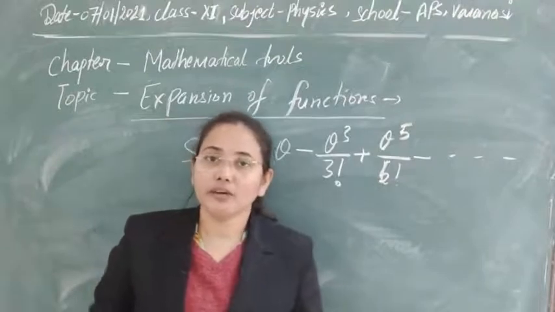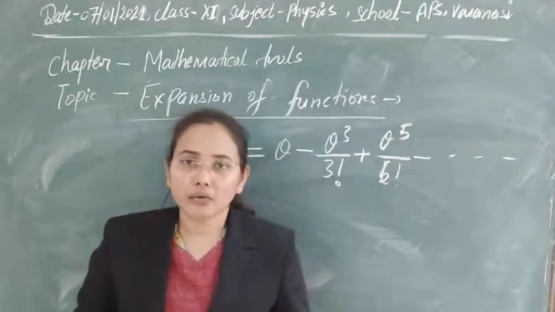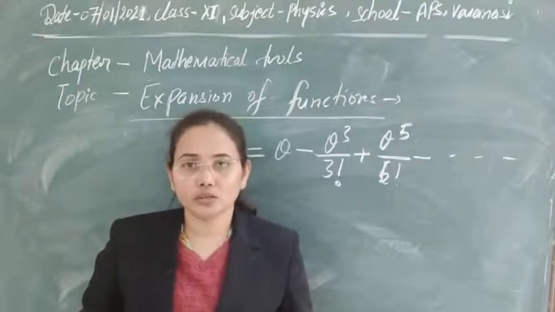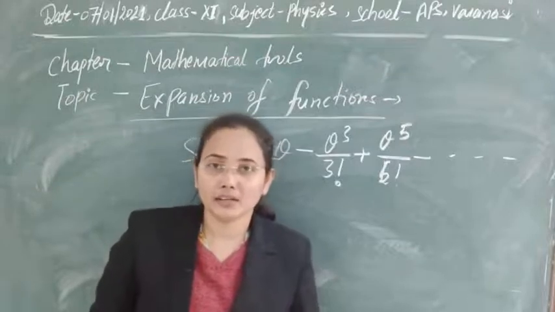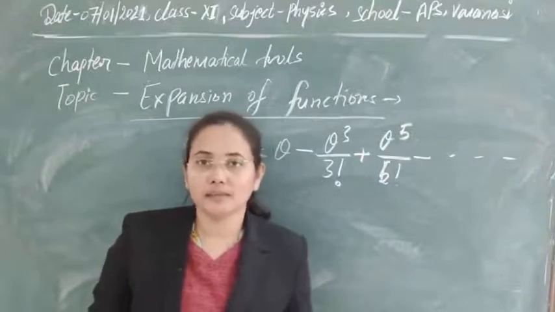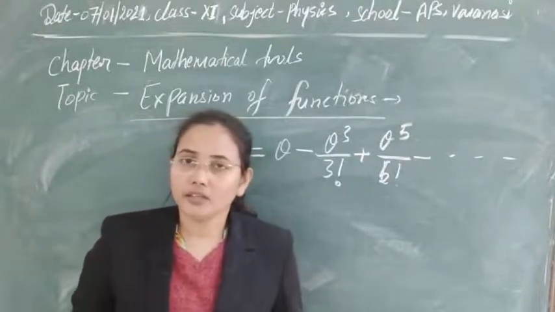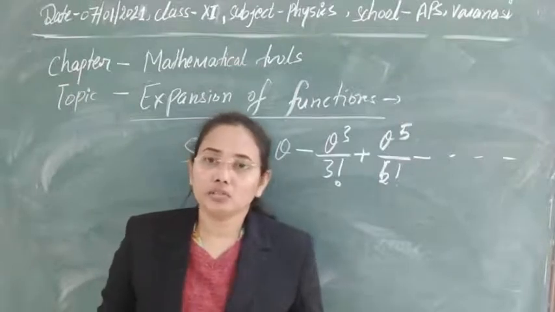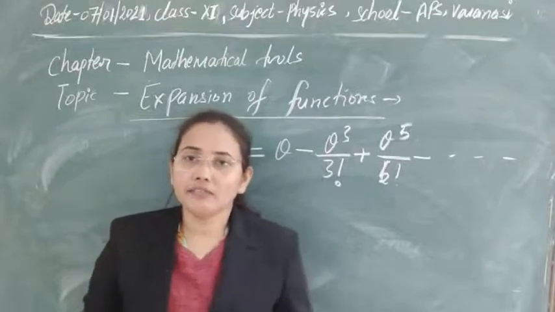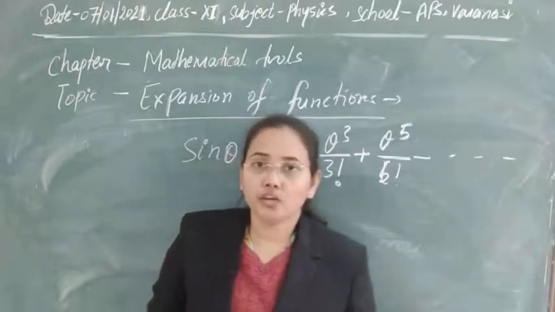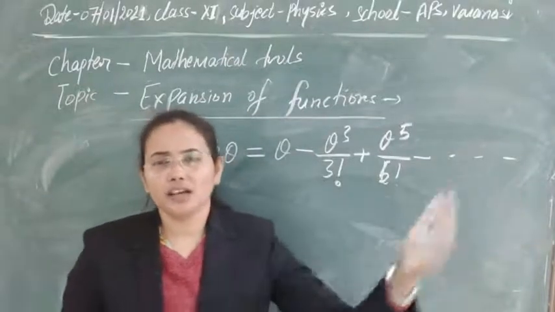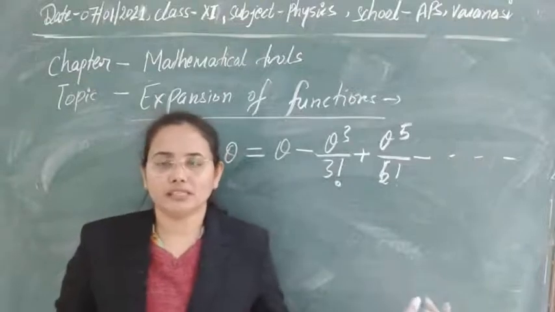In the case of waves and oscillations, we take harmonic functions. If you want to find the displacement, suppose some value of sine omega t is given, as we have the displacement equation y is equal to a sine omega t for harmonic oscillations, and for the harmonic wave, y is equal to a sine of omega t plus kx. In that case theta is different, and if you want to find the exact value of y, you can expand this in this way, and if you know the other values, put them in and solve it easily.